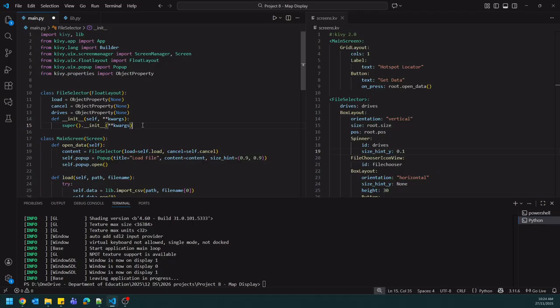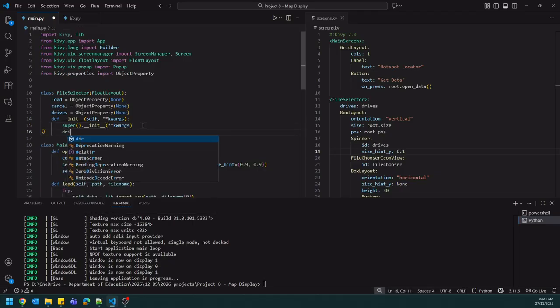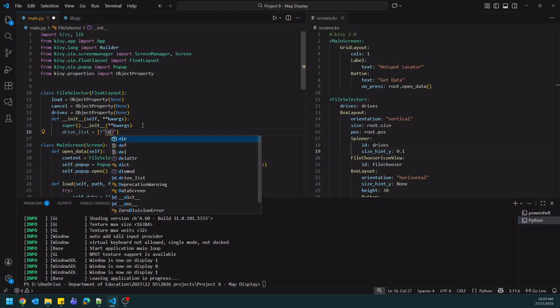Alright, and so those special instructions are to identify the drive list. So we want to look at all of the drives that we have in the system. And so for this, we're going to create a list. Obviously, it makes sense. And then what we're going to do is use a couple of F strings. So F strings are a bit more dynamic than just adding in strings of text. So for this one, it's simply going to be D